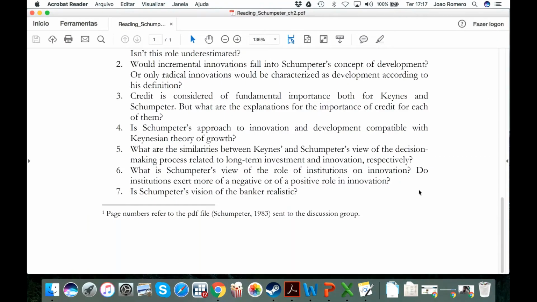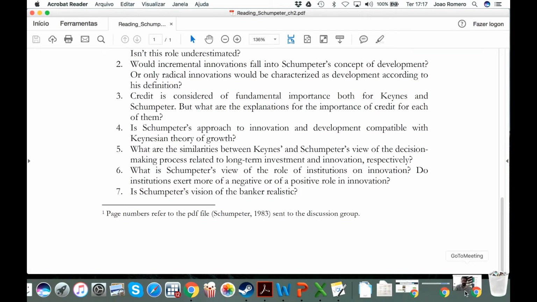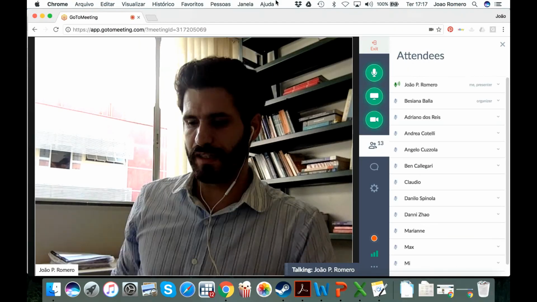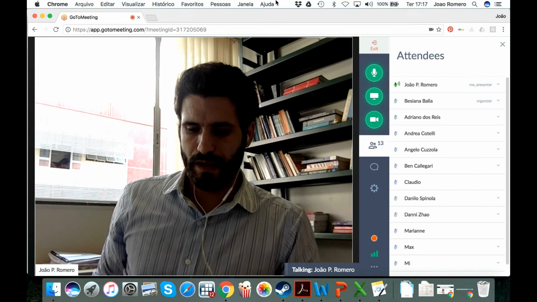Okay. So still on the Keynes-Schumpeter debate, question 5 now is related to the decision-making process implied there in Schumpeter and Keynes. Here, again, he does not discuss that explicitly in terms of